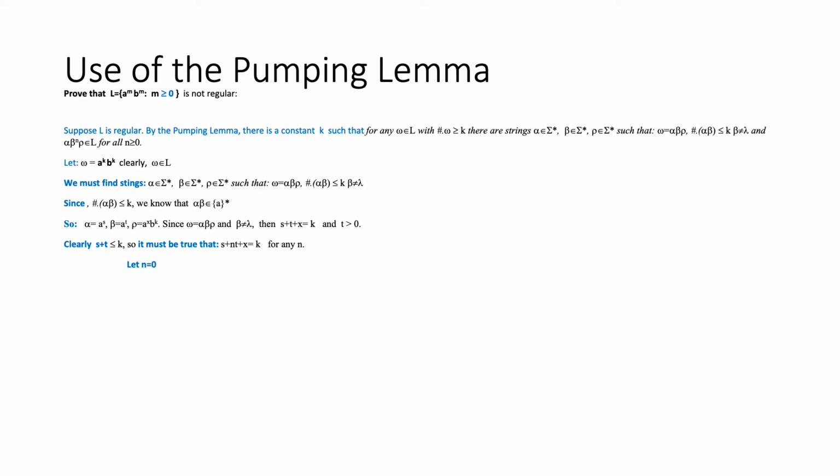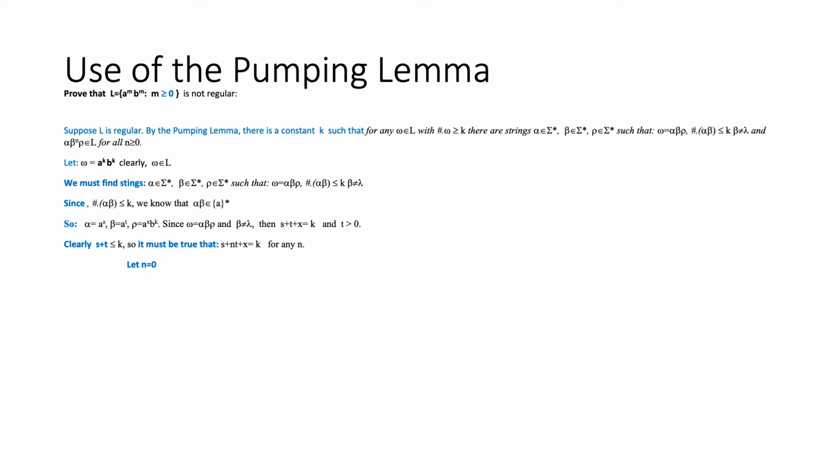Okay, we will show the use of the pumping lemma to prove that this language, a sequence of m a's followed by a sequence of m b's, the same number of a's and b's, is not regular. Let's suppose that L is regular. By the pumping lemma, there is a constant k such that for any omega in L longer than k, there are strings alpha, beta, and rho such that omega is equal to alpha, beta, rho, and such that the first part, alpha, beta, has length less than or equal to k. Beta is not lambda,